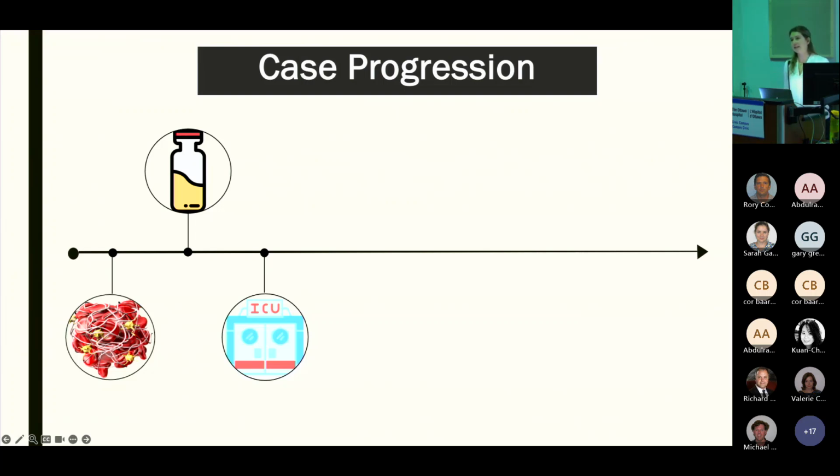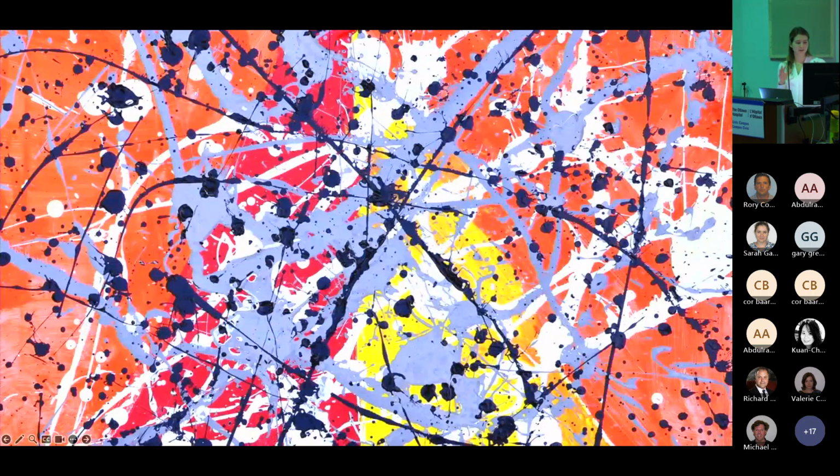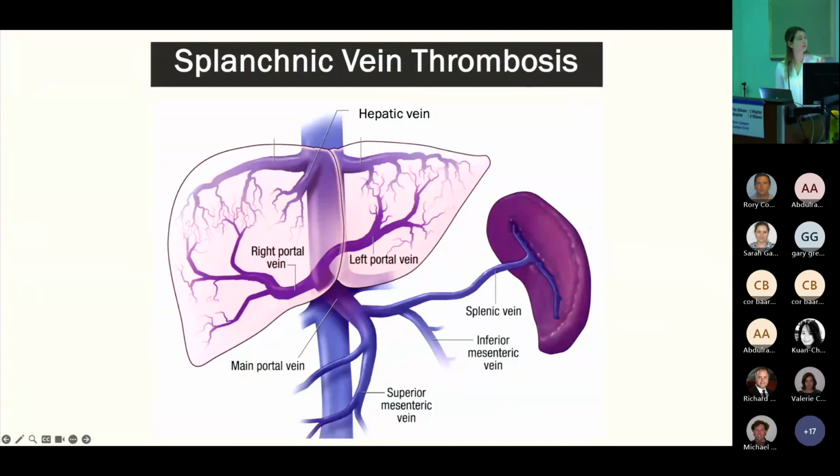So for a few moments, let's take a step away from this case. So we know what our diagnosis is, a splenic vein thrombus, but what does that really mean? So when I think of abdominal vasculature anatomy, my mind kind of pictures something like this, which is not so helpful. But in reality, it looks a lot